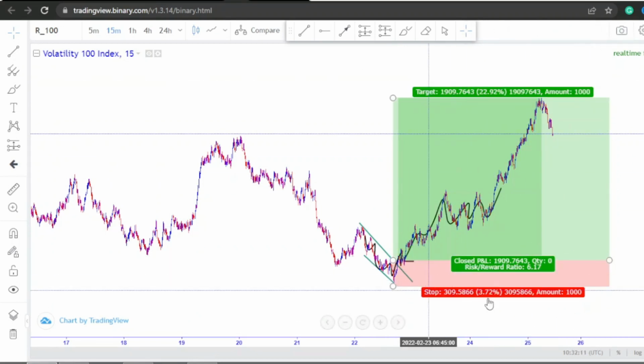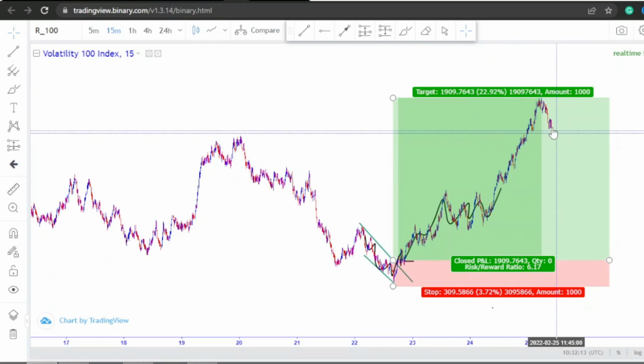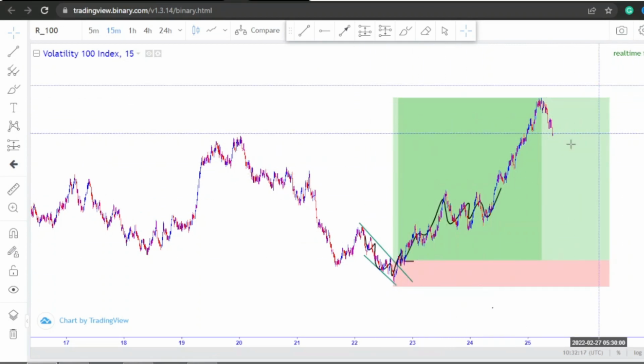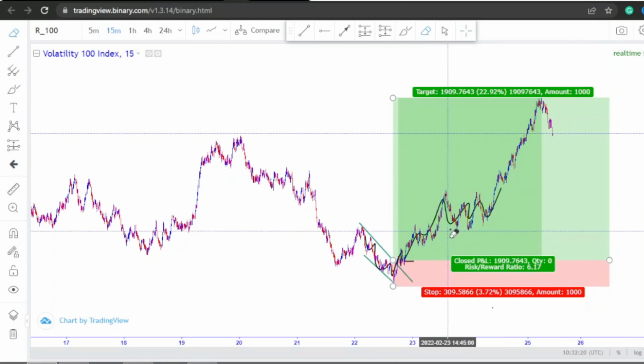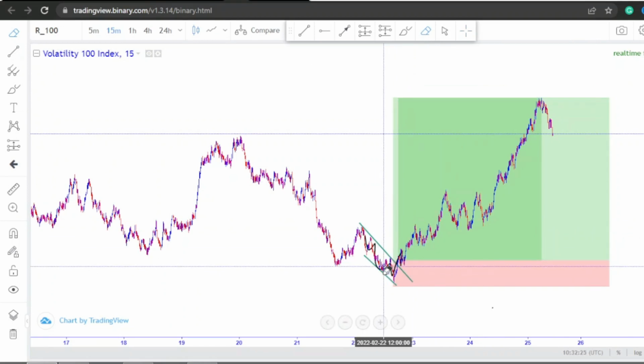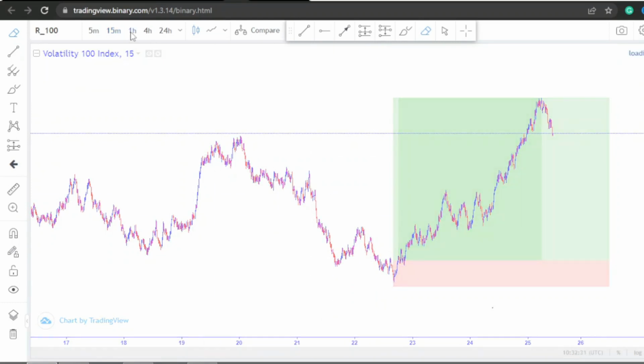That's beautiful. So risking 1% to make 6.17% in just 2 days, that was massive, guys, and I'm so excited. I wanted to share this with you so that you can also see how these things play out. So now if you go back to the 1 hour time frame,